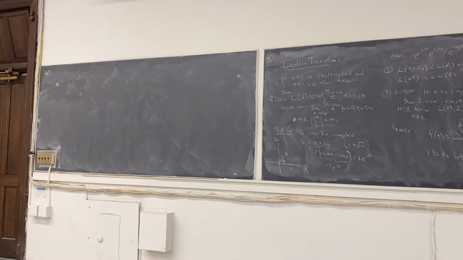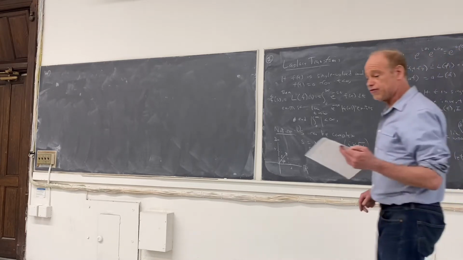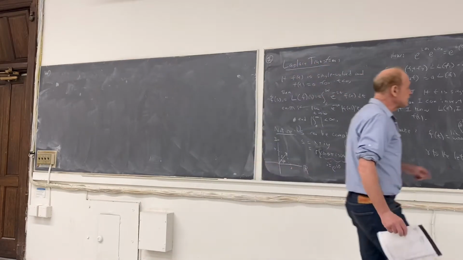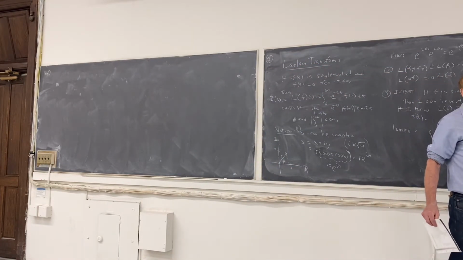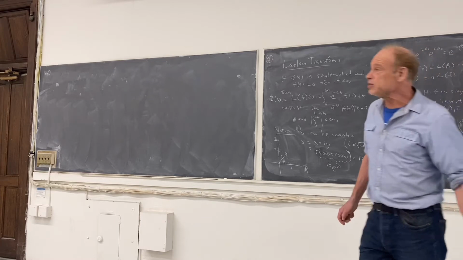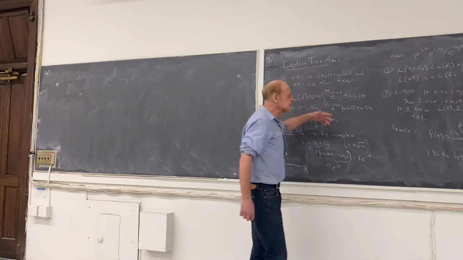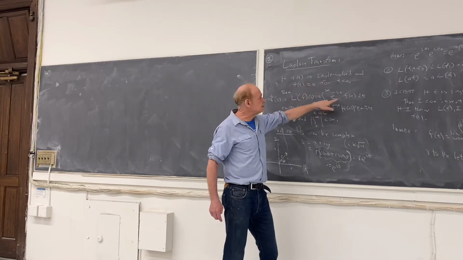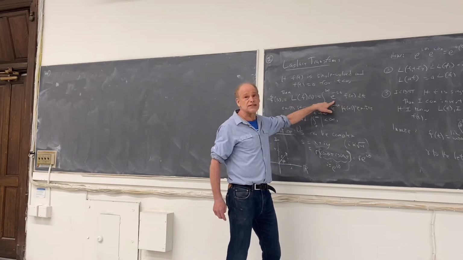I was planning on photocopying something for you, which I, of course, forgot to do. I will do it for next time, but you have it in your textbook, on page 100. I asked you to look at it. It's a table of Laplace transforms, which has f of t, the function in the time domain, and f tilde of s, which is its Laplace transform. So what we said last time, we defined the Laplace transform as the integral from 0 to infinity, assuming certain things exist, of your function f of t times e to the minus st dt.